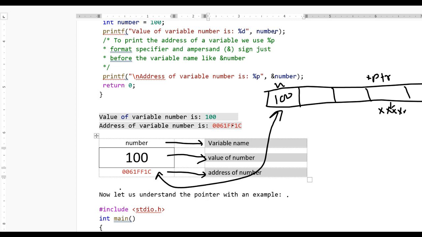So whenever we define ptr equal to the number, this points to the address of that variable. If you want to print the address of the pointer, we simply write ptr, so it will print the address of this variable. If you want to print the value, we simply write star ptr, so it will print the value of this